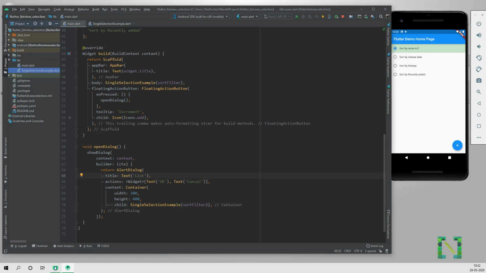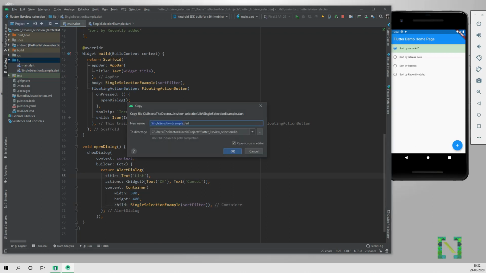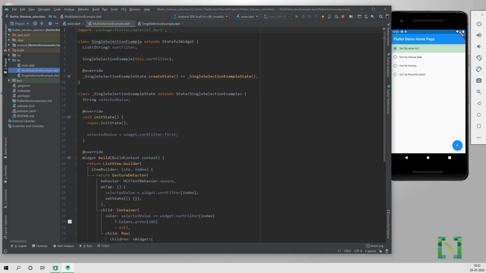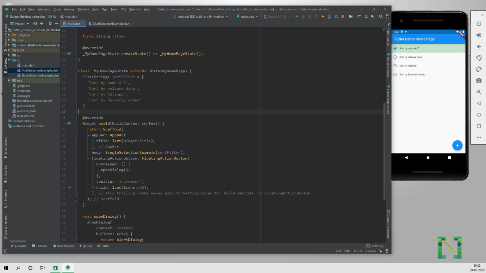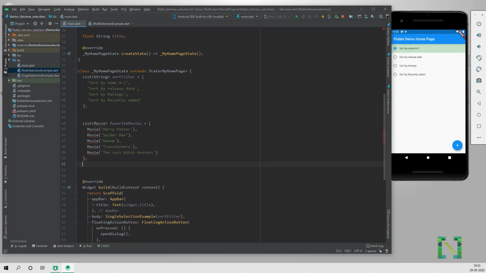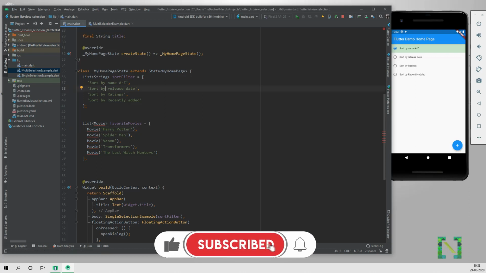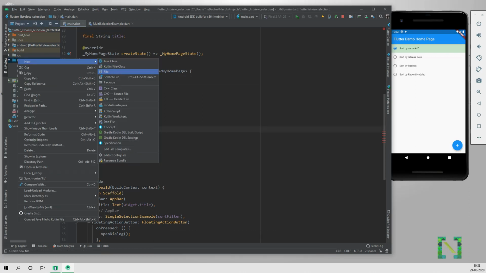So here let's implement a multi-selection widget. Here I am copying the single selection example and converting it to a multi-selection because the UI is almost the same. Then we will create new data here of favorite movies, because the favorite movies of a user can be single or multiple. Here I have taken it as a multiple choice. Notice that here instead of a list of strings, I have used a list of movie model class, meaning this time every movie will have its own selection status.